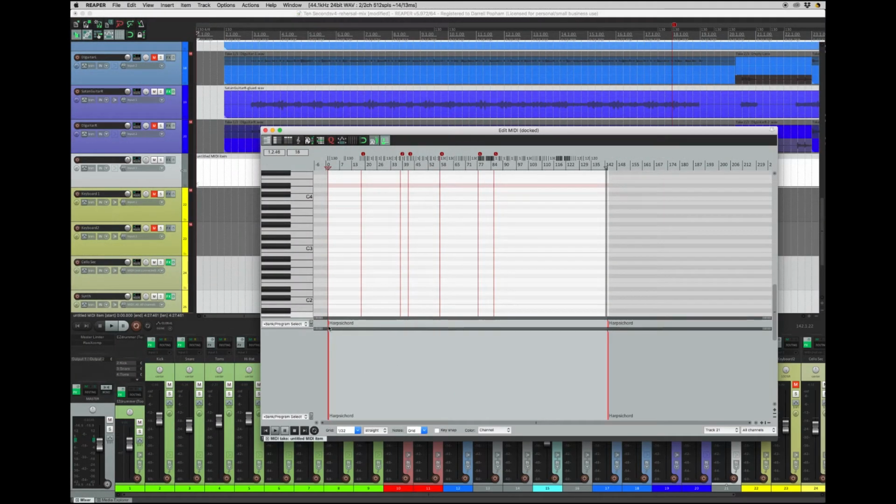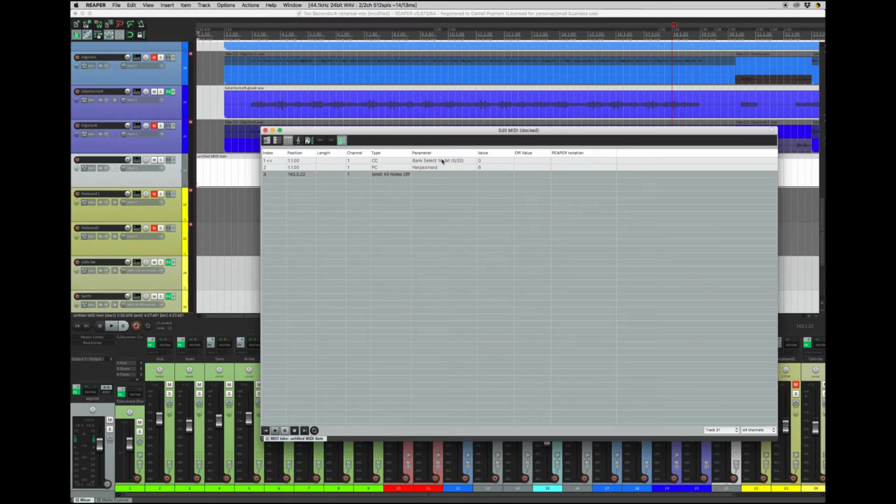And you'll see it puts a little marker here, and it has the predetermined MIDI command that's in Reaper. In this case, it's called harpsichord, but it doesn't matter what this is called. So now, if you go to the event list, you'll see the first 2